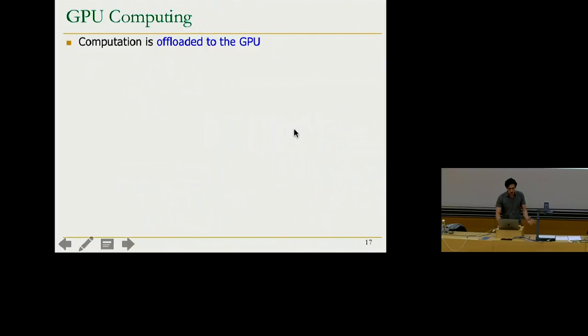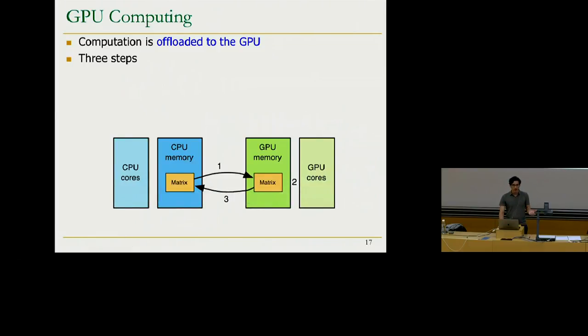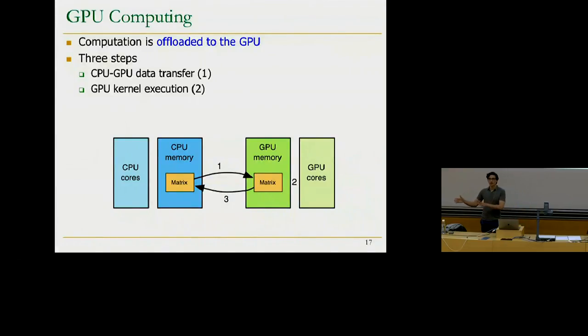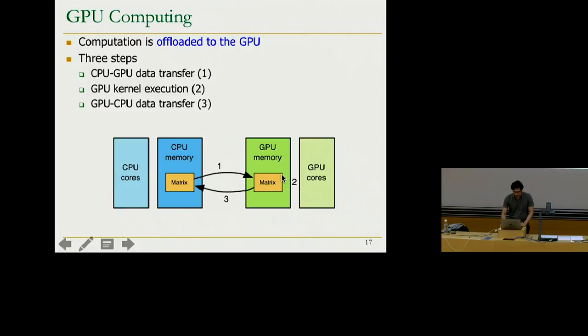As I have already explained, we are going to offload the computation to the GPU, and this has 3 steps. In the first step, we move the input data from the CPU memory to the GPU memory. Then we launch the kernel. We call kernel the function that is going to be executed on the GPU. GPU function and kernel are the same. We will have our threads running in these GPU cores and doing something with this input matrix, and we produce some result, maybe some output matrix,